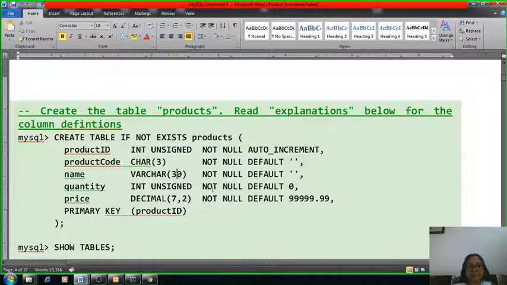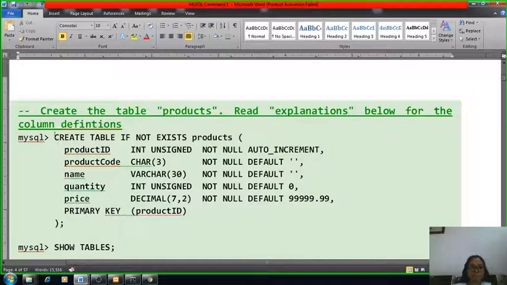And here we are setting its value as not null, which means it is a mandatory value, but sometimes it should be converted into optional. In that case the default value will be set as 9999.99, meaning whenever price values of any product are missing, automatically it will be converted into 9999.99. And the primary key is the product ID. So this way we will set the primary key for this table.